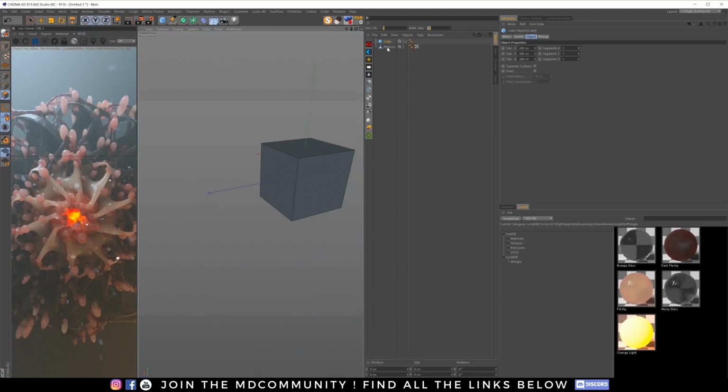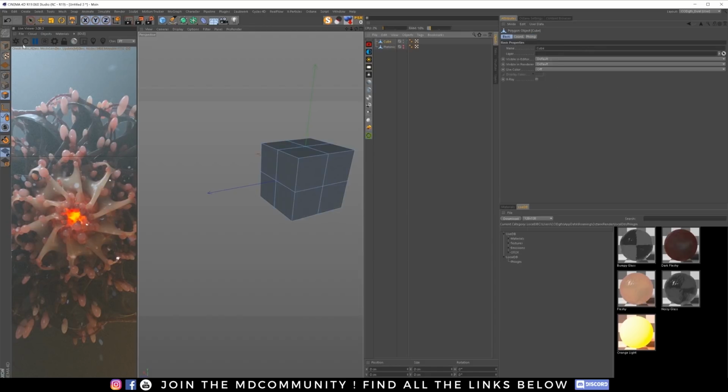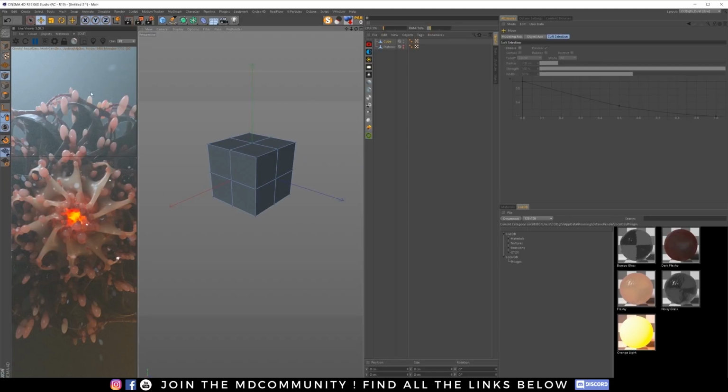Scroll out because that guy's big. Shut this guy off. We'll add a couple segments in here. Hit C, and then just specifically on, like, we'll do it on these guys, just these guys. Show you real quick one way I like to make holes in the middle of, like,